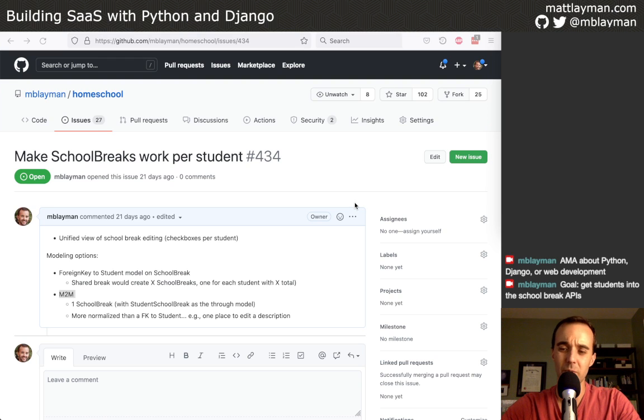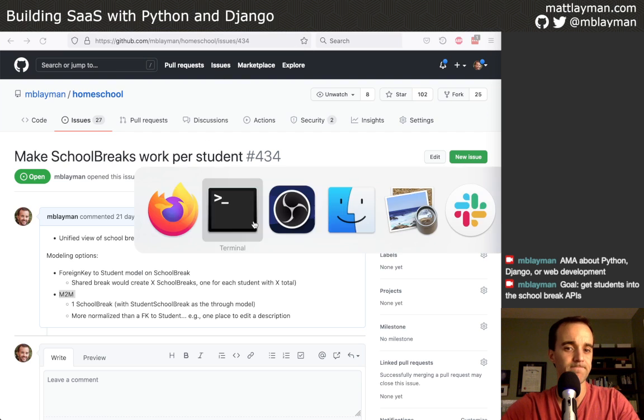And I'm not going to walk through the model diagram, so some of you may never have seen that before. And if you're new, just letting you know that this is a homeschool application. It's meant for schools and single families that are running their kids through homeschool, which my family happens to be one of those. My own spouse is a customer here, so this is what I'm building it for, in case you're curious.